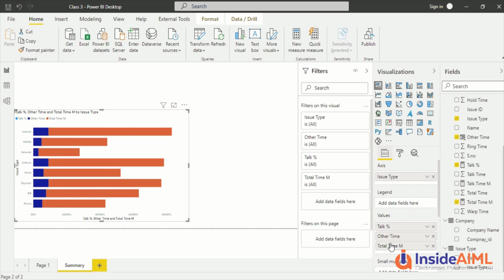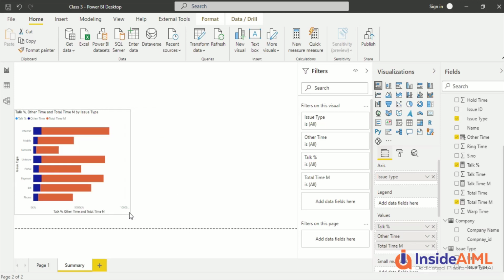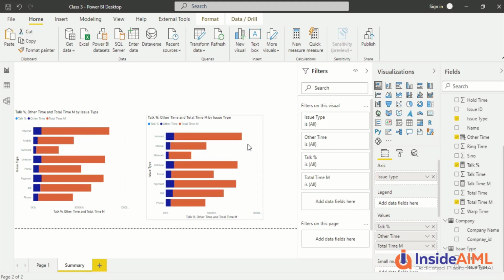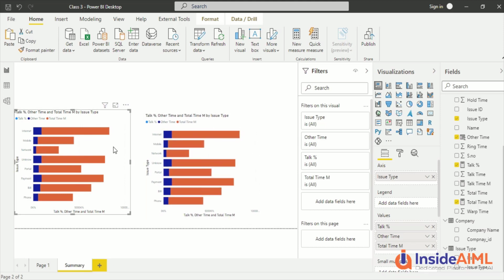Now what Power BI has done is it has taken this talk time percentage, other time and total time. This is not the most right chart which we can have with this, but we are fine. We just wanted to explore the chart now. But if you want a correct stacked chart, this is not it. So let's do one thing. Let's copy this. Now this is where you have one trick. Because we are modifying, let's do copy paste. And you started seeing a little bit of difference out here. That means the chart has been copied. We'll correct this chart type for the stacked one. Okay.